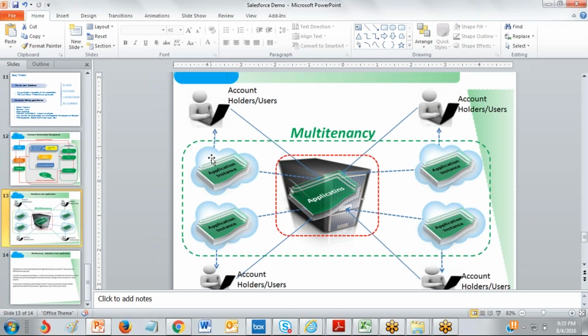This virtual copy will be created through virtualization tools, which are installed in the salesforce.com application server. So that is the concept for creating virtual copies. Cloud means whenever a user connects to the server for accessing a particular application, for that user it will create a virtual copy from the original application. That is cloud.